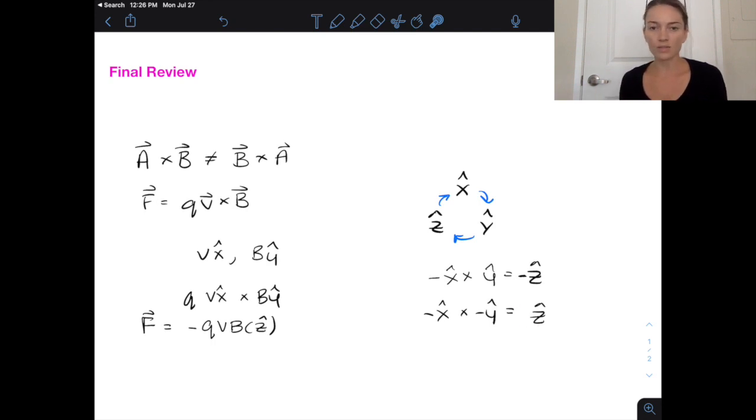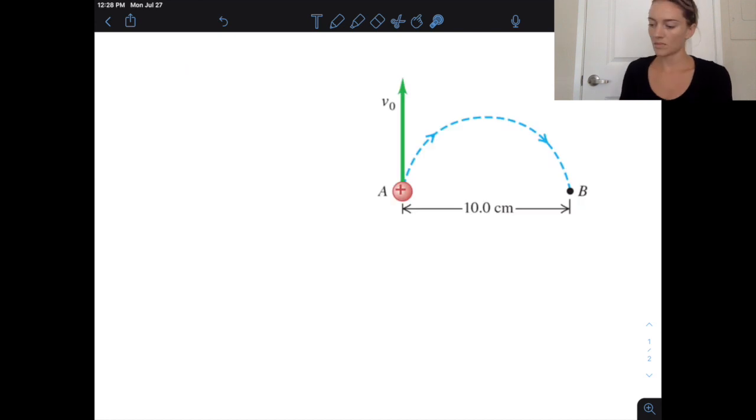So that's the way I handle negatives with the cross product: just ignore them at first, do the cross product with all positives, and then add your negative signs in at the end. That to me is the least likely way to make a mistake. Alright, so another thing to keep in mind with the cross product is, this was one of the homework problems,